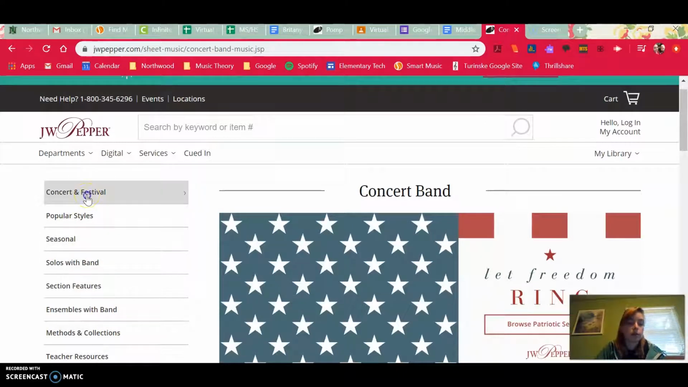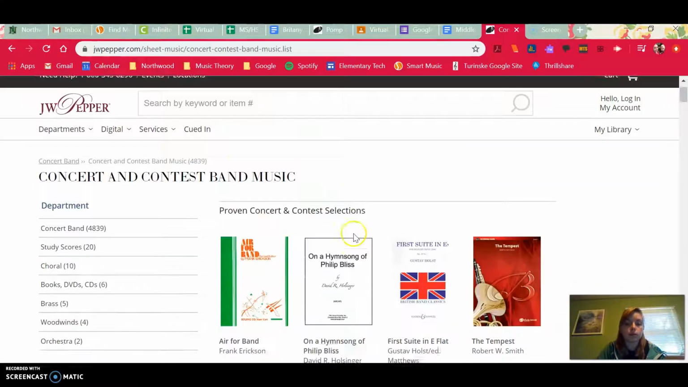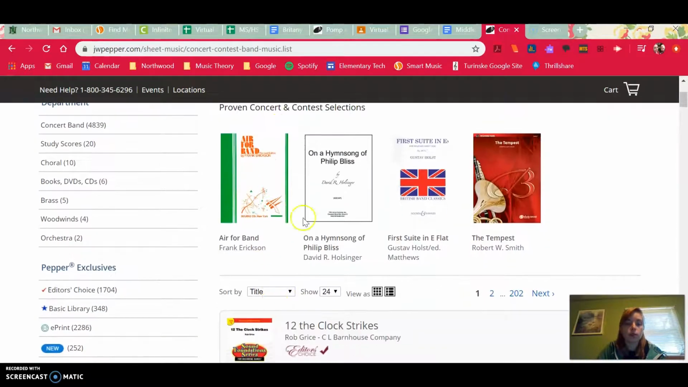I would start maybe with concert and festival, and concert and contest, but they also have marches, concert openers, lyrical sections, chorales, sacred selections, whatever. I would start here, but you could look at anything on there. These are the most popular ones. You can change how you